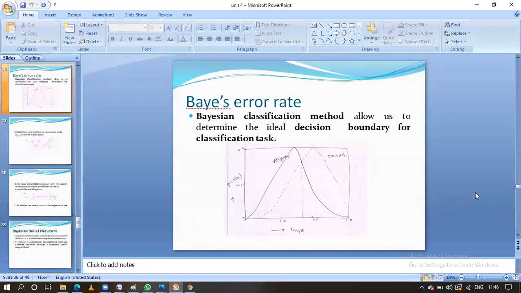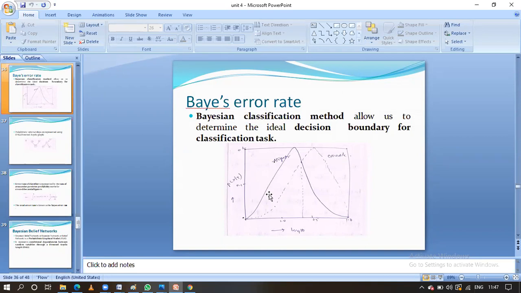Till now we have seen the main important things related to the Naive Bayesian classification. The next thing is that sometimes they will ask about error rates related to the classifier also. For that time we have to write this one. Here is the input data. In the x-axis we have taken the length, and in the y-axis we have taken the posterior probability, that is probability of x given y, for alligator as well as crocodile. The thick line represents the alligator-related information, and the dotted line represents the crocodile-related information.